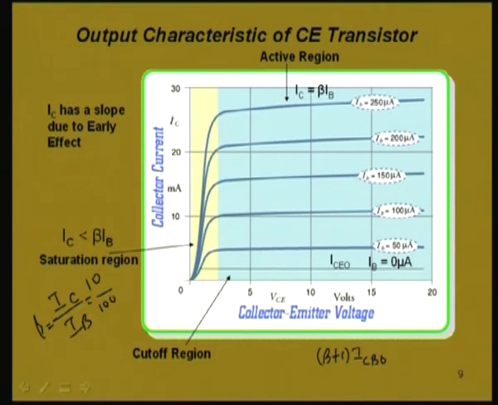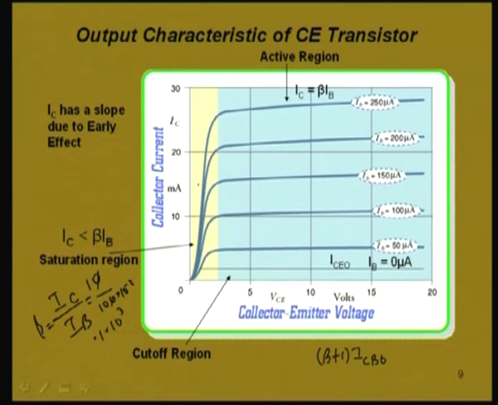So, this is 10 to the power minus 3, we will have to multiply. So, we get this equal to 0.1 into 10 to the power 3, that means it is equal to 100, beta is 100. So, for every beta IB value we can see that same beta, that is even if you look into this 150, it is around 15 milliampere. But